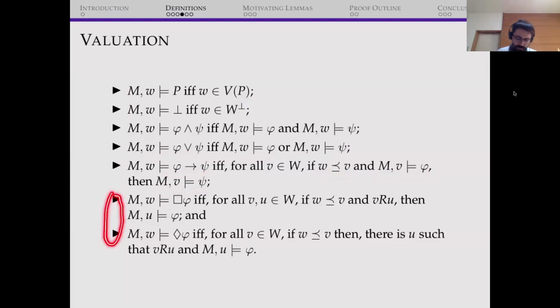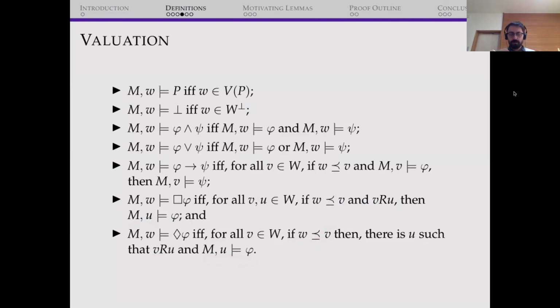The more interesting parts are going to be these two for the modal logics. So now we not only look at the modal relation, we're going to look at both the intuitionistic and the modal relation. So the box says that essentially, whenever you add information and go to another world, then phi holds. So box phi holds however you can access it, first going intuitionistic, then modally, then it's true. And the diamond means that whenever you add information, there is some U which can be accessed from this new world V, and U satisfies phi.